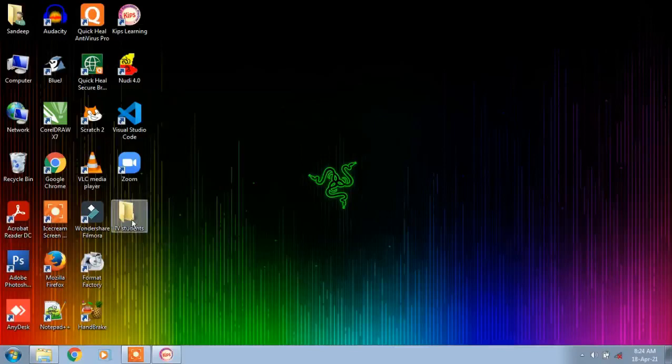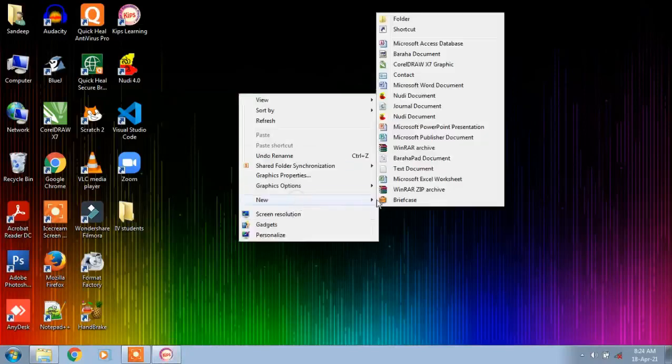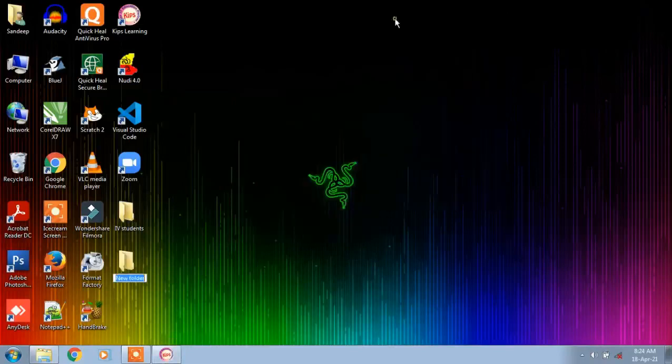In a simple way this folder gets created. Once again, right click on the empty area of the desktop, then select the new option, and in the new option select the folder option. The folder icon displays with the default name new folder.